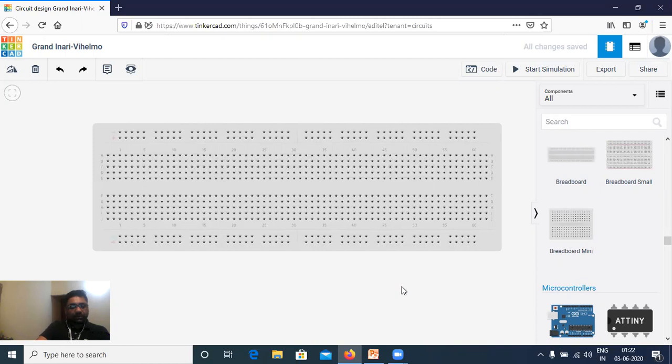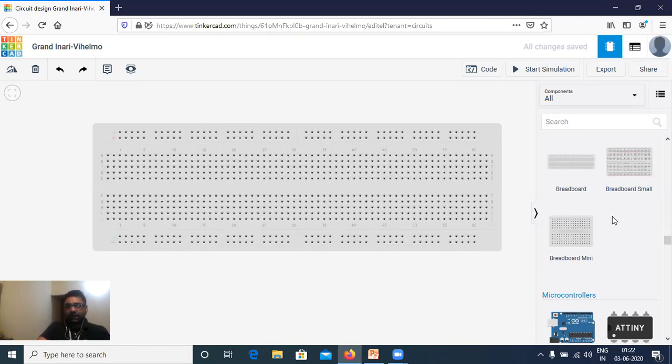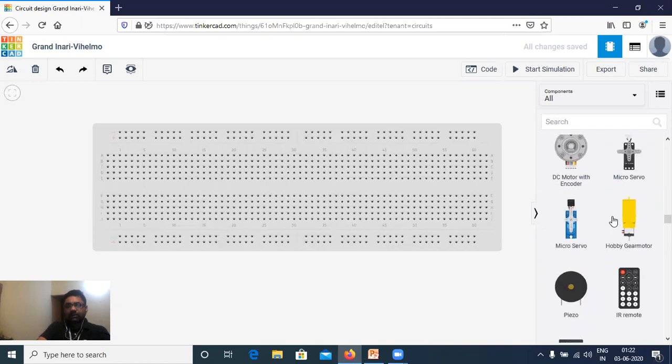But what we require is a power supply and a clock. Now for the clock, we have to use a function generator. That will generate a waveform. In this case, we have to generate a square wave for the clock. So first I require a power supply and a function generator.